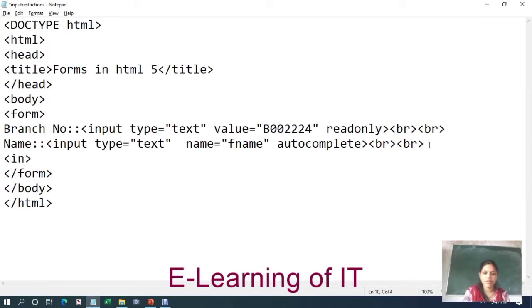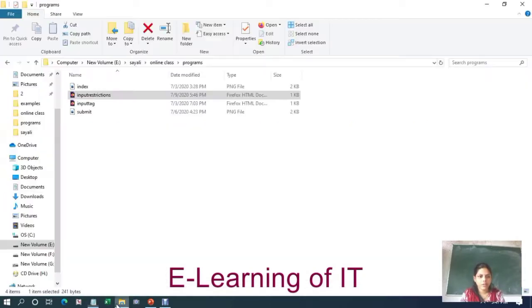So first here we will use input type is equal to image. Then we have to specify the path of that image. I have downloaded an image for this, that is submit.